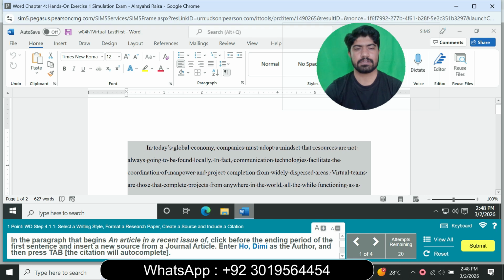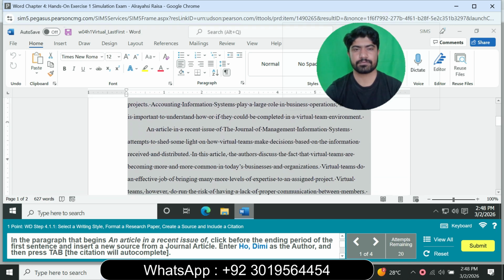and click OK. In the paragraph that begins an article's recent issue, click before the ending period of the first sentence, new journal article, paragraph and articles, the recent issue, click before the period of the sentence, start and before the article in recent issue of